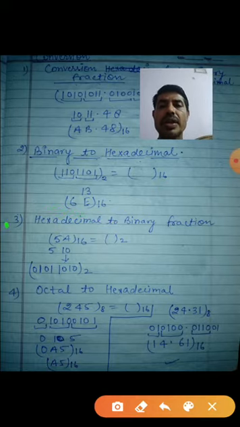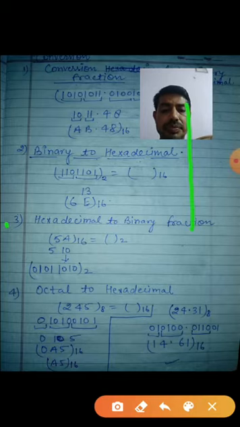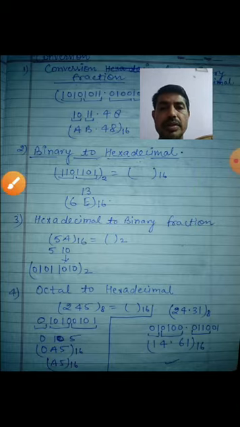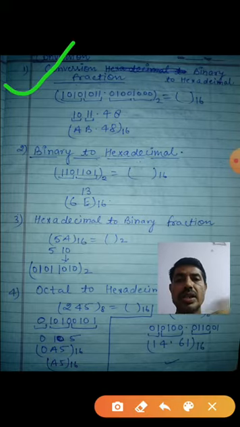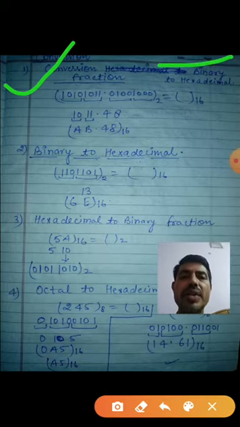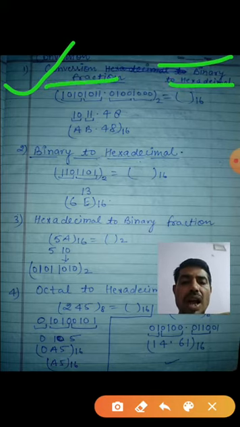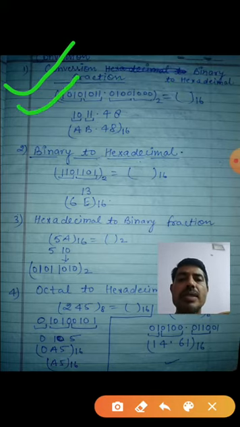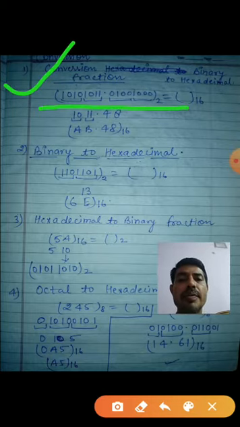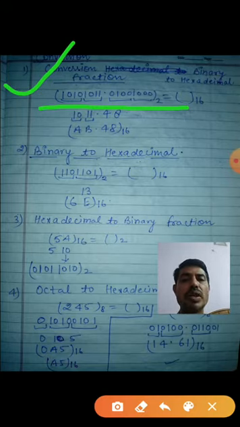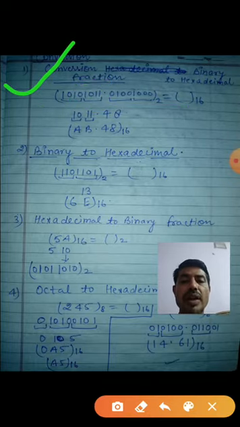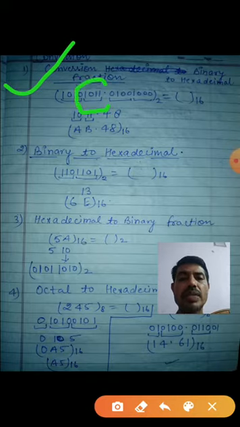Now the next one, you come on here. Now take this conversion: binary to hexadecimal fraction. How will you solve this one? This binary number is given here. Look here. So now what will you do? Before the point, what is given? Look at these numbers. Take 4 numbers. Okay, 4. What is the value of these 4 bits?